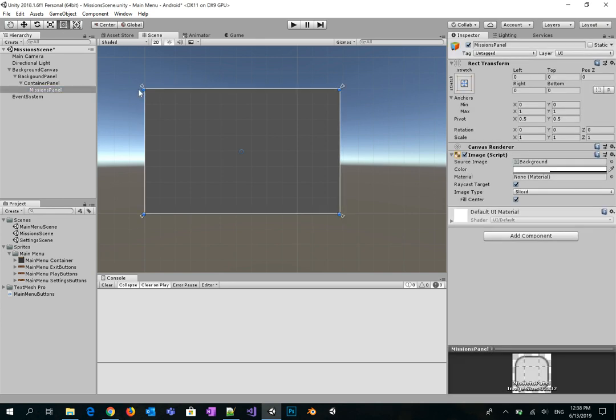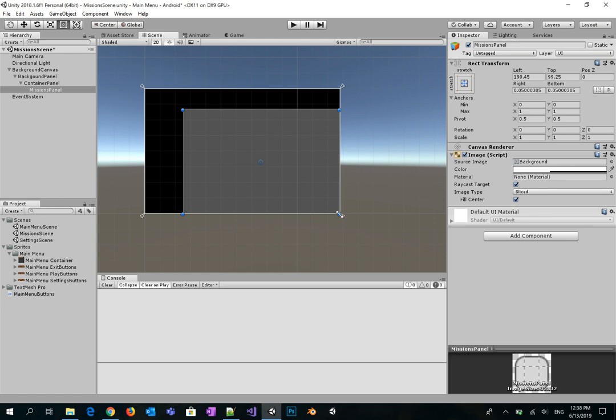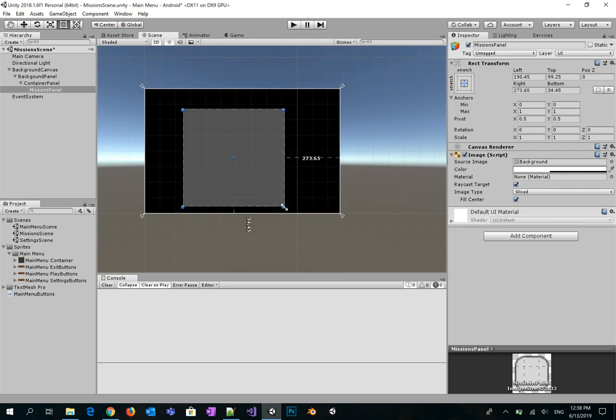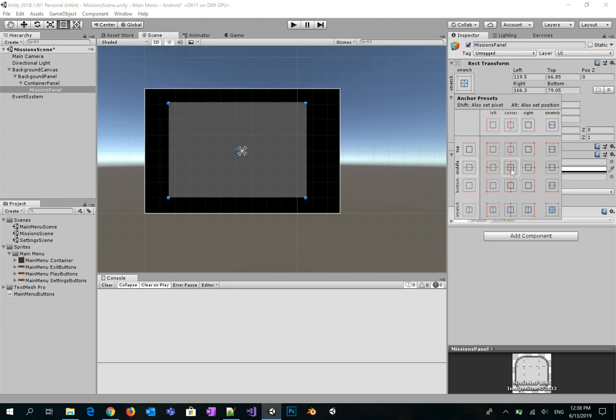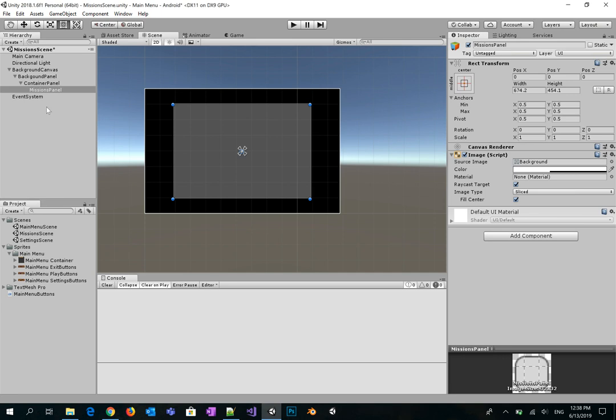Let's resize it like this, a little bit more, and at the top, and let's make sure it's at the center. Okay, so now we'll add